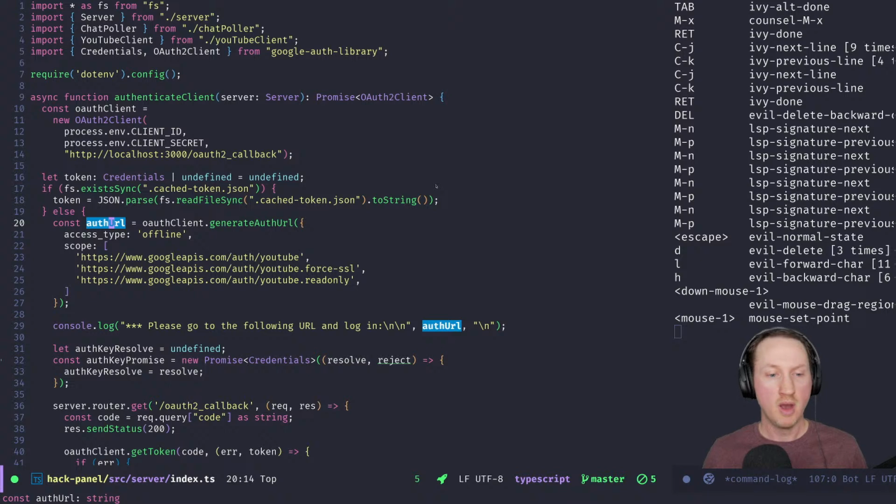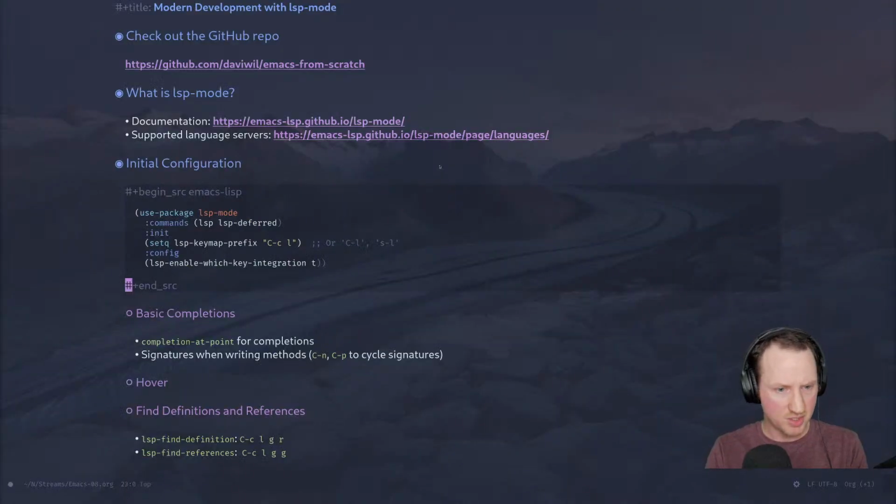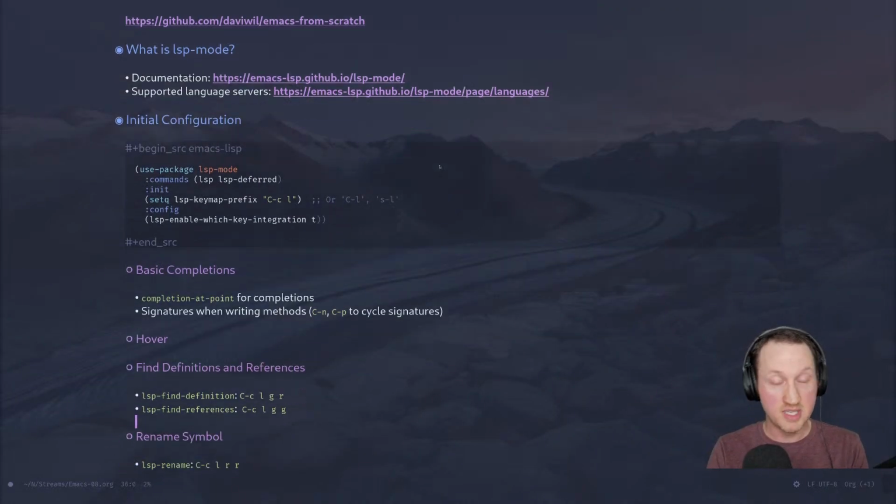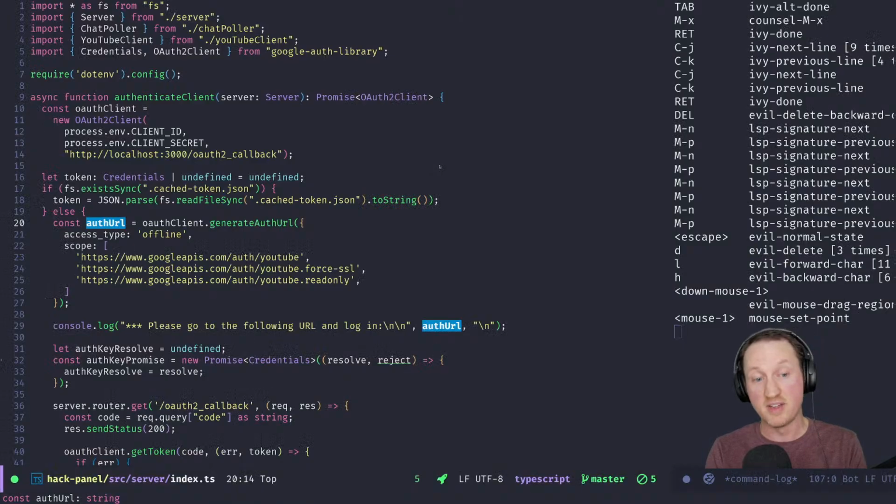All this information is actually coming from the TypeScript language server, and LSP mode is facilitating the interaction with the language server to get that information and bring it back to show it in the editor. So pretty powerful stuff. So next, we want to see something even more useful, which is finding definitions and references